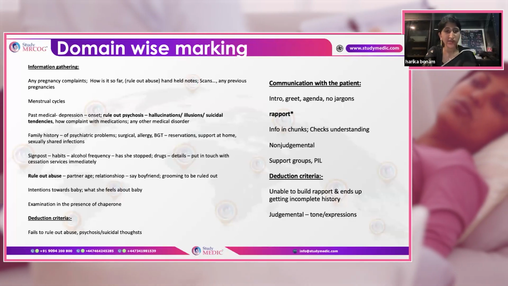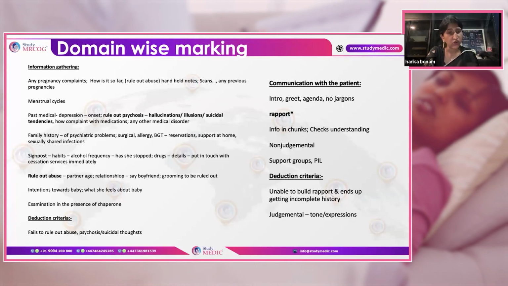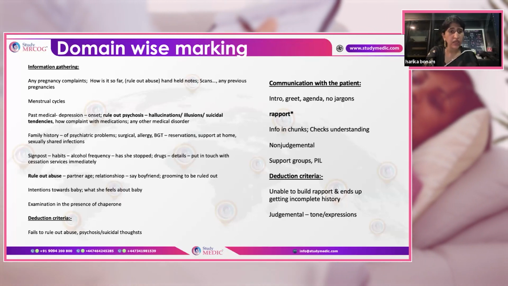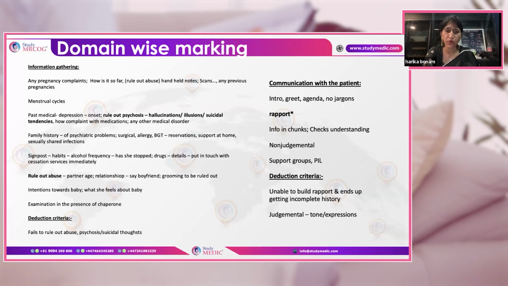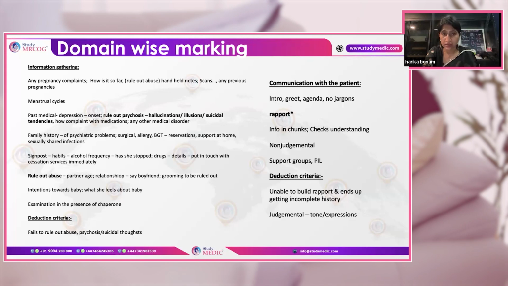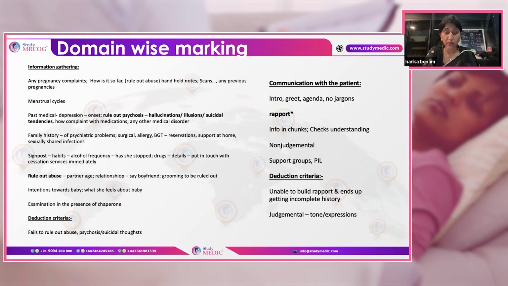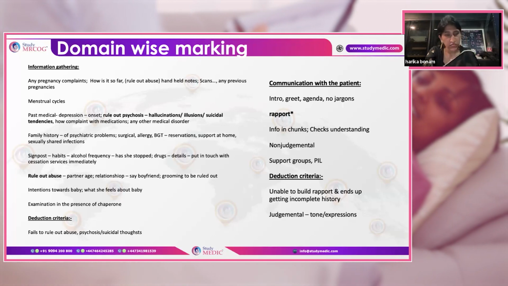If she says, no, I'm not keen or interested in talking, you say, don't mind me telling you that alcohol can sometimes pose risks in pregnancy to you as well as the baby. Not to scare you, but this can happen to you and this can happen to the baby. So that is why it is important to put you in touch with the cessation services. Do you want me to go ahead and put you in touch? And then drug details, what is she taking? Did she ever try giving up? If she says yes, encourage her and put her in touch with cessation services immediately.